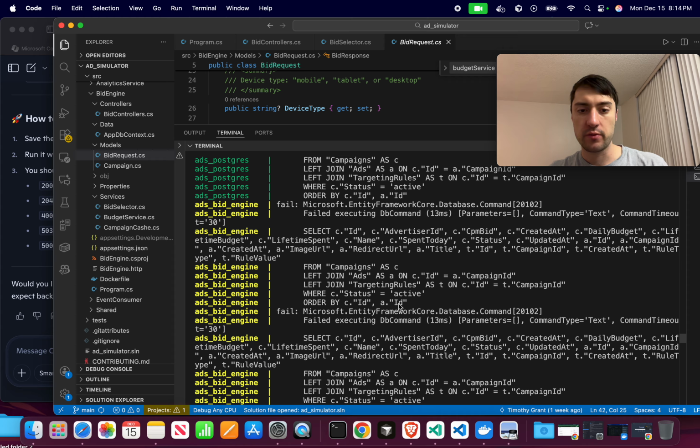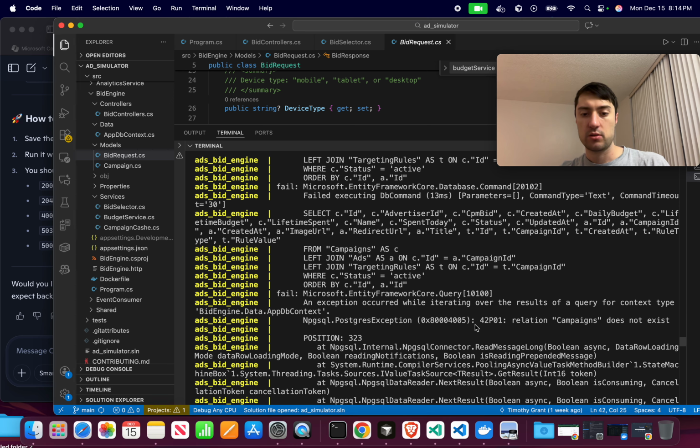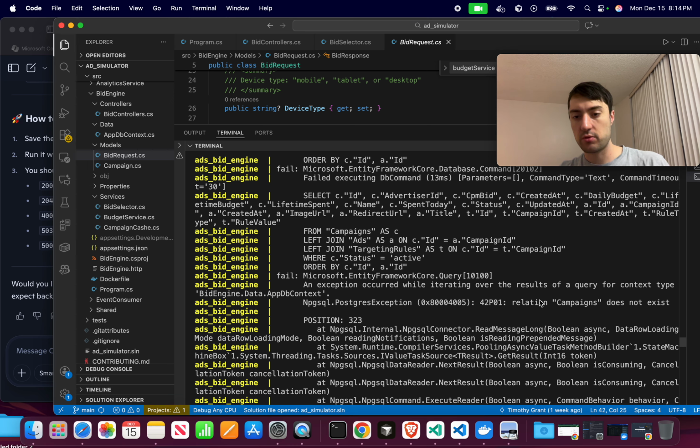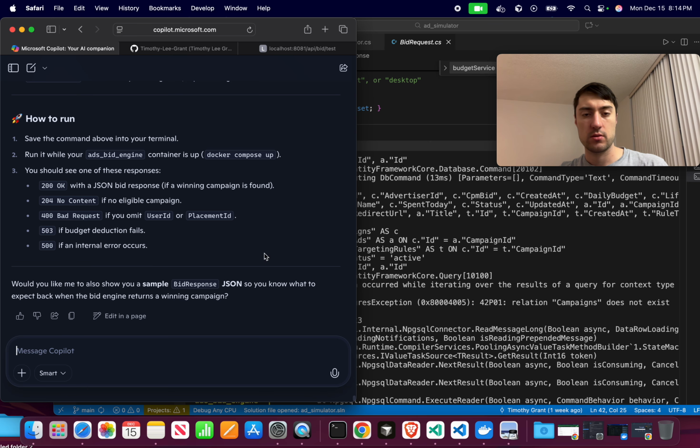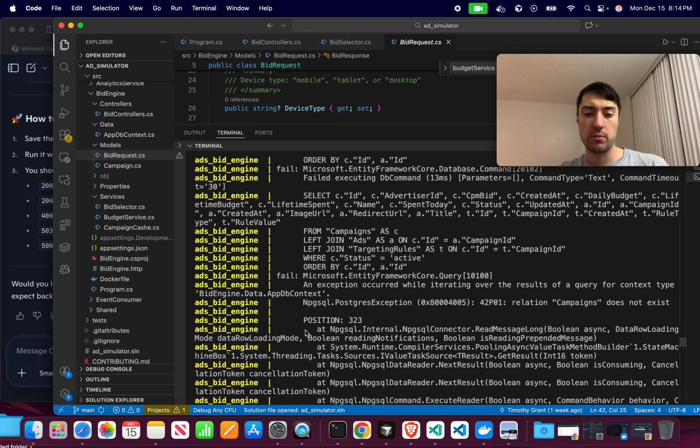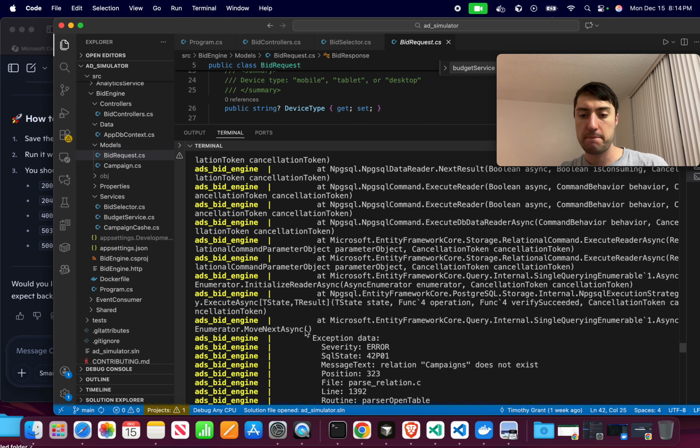So here, failed executing DB command. Select here from CSC, okay. Failed executing this command. So we're not able to execute the commands. Relation campaign does not exist. So is it not able to get my